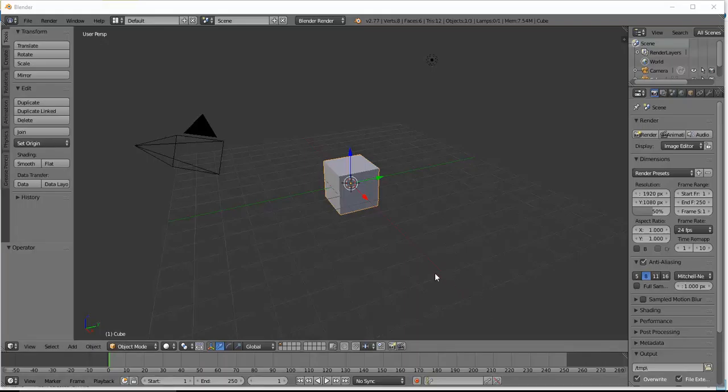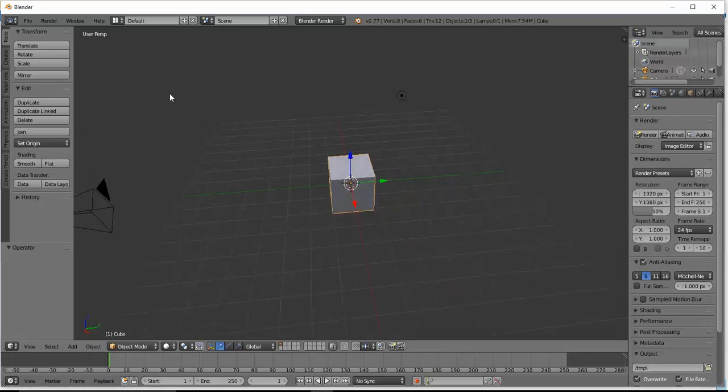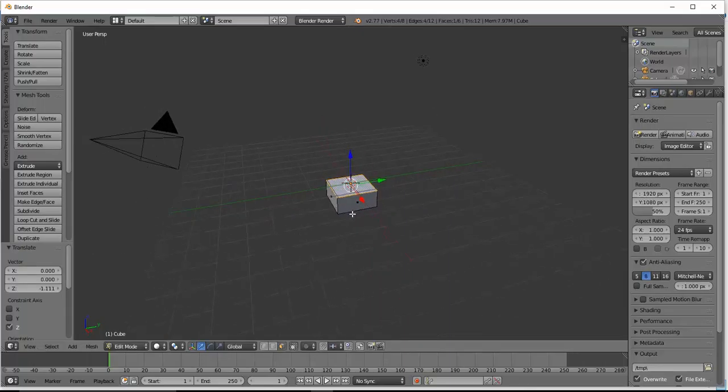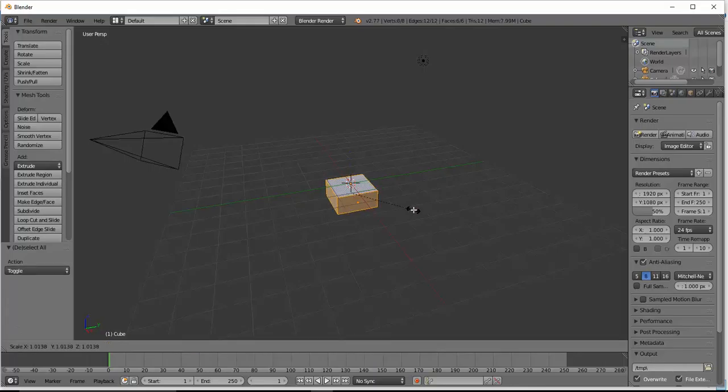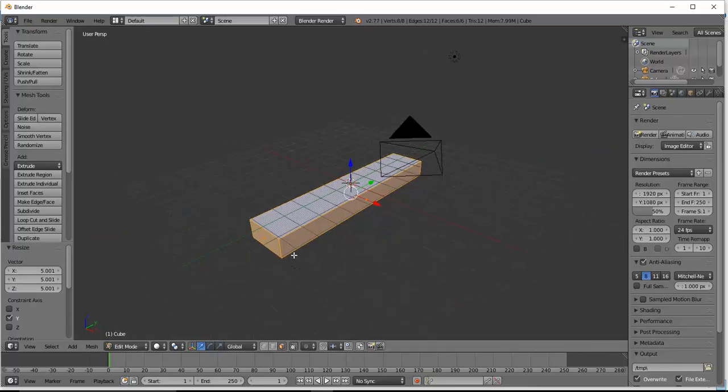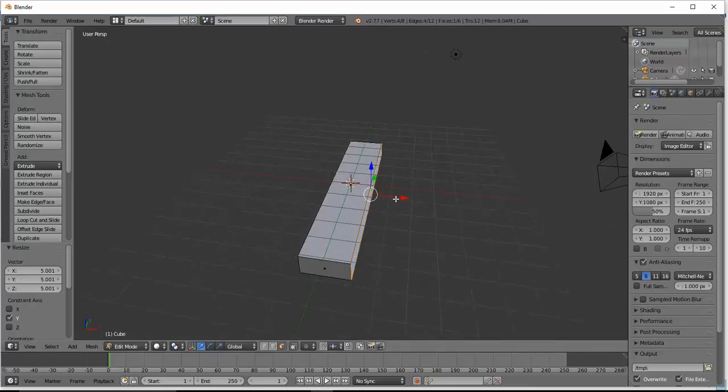Today we are going to model a couch in Blender. First of all, I'm using version 2.77 and I'm going to start with this cube. So I'm going to edit mode, select the top face and scale it, push it down, select the whole thing, scale into y-axis like that, and then I select this face, then I push it